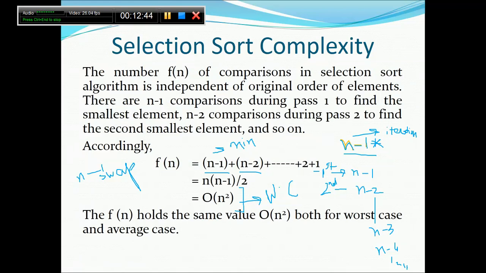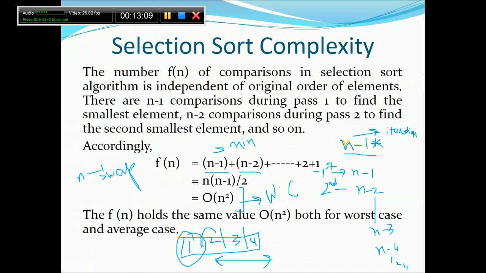Suppose the array is already sorted as 1, 2, 3 and 4. Suppose this is the case, the array is already sorted to you. Still, the problem here is to establish 1 as the minimum, it will again compare the entire remaining n minus 1 list.